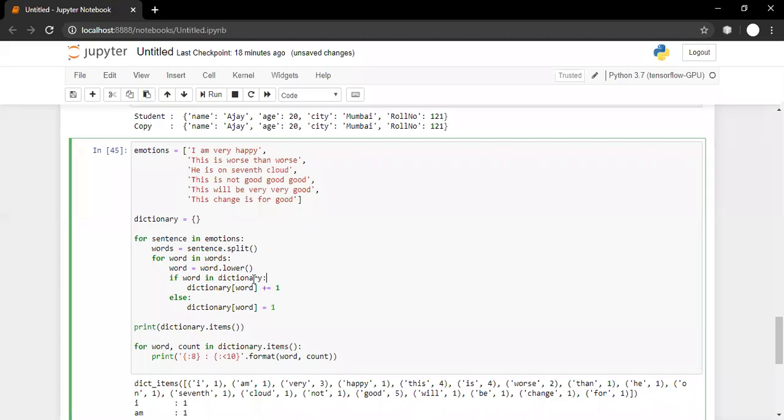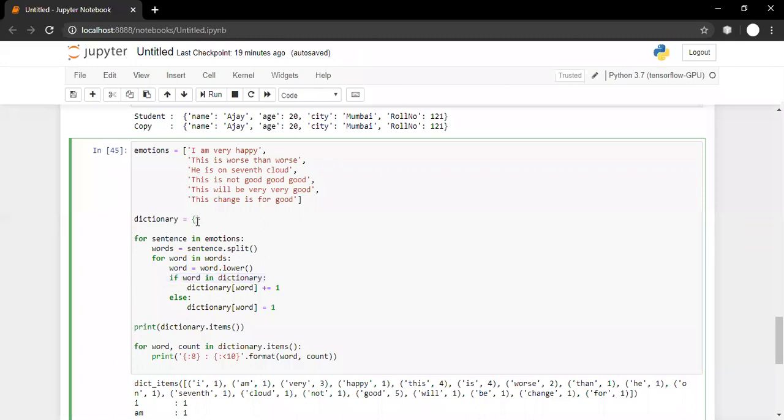Now the condition is true. So what you will do: dictionary of this is equal to earlier value plus 1. Earlier value was 1, so you are adding 1 to it. It will become 2. Again, next time if this word comes, the if condition is satisfied, you are incrementing the counter by 1, and so on.